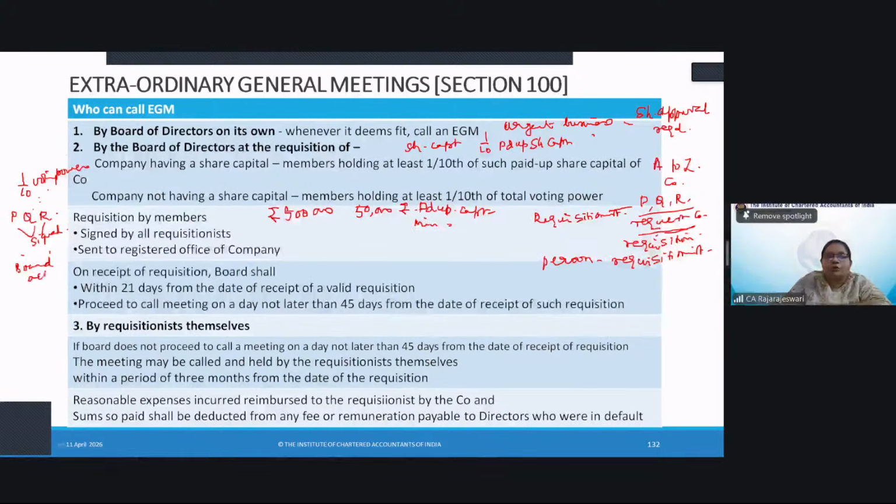What is the board's action? What action should the board take within 21 days of the receipt of the valid requisition? See, every word is important. Of a valid requisition. If the requisition is not valid, then they need not proceed with it. Within 21 days of the valid requisition, it has to take steps